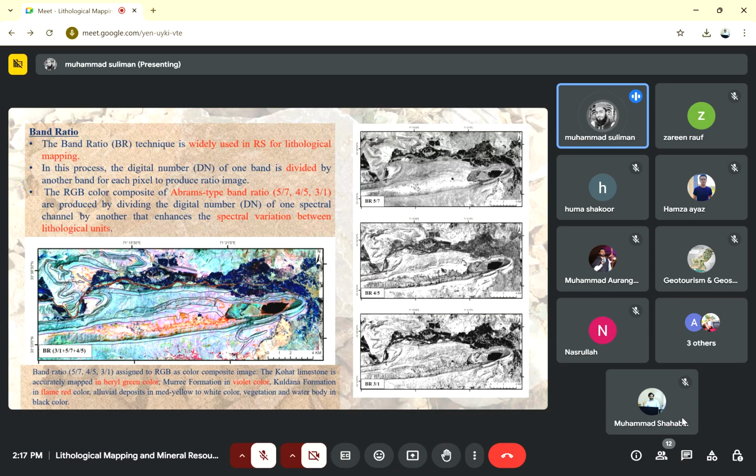Different authors, like Abraham or Rajendra, use different or make their own tested band ratios to delineate a specific feature. So among these three techniques or modules, band ratio is very commonly used by researchers and geoscientists to delineate a specific portion and also for mineral exploration activities. And the fourth one is